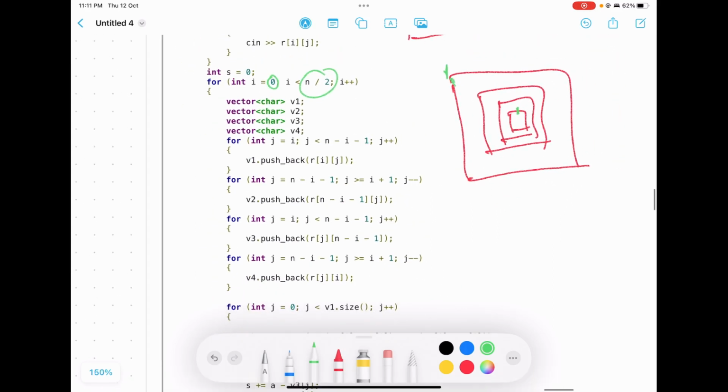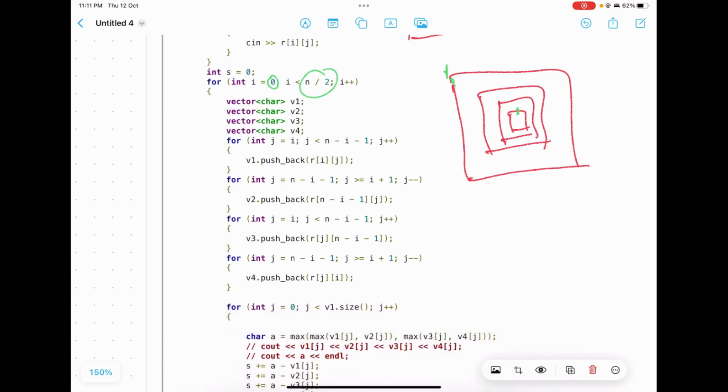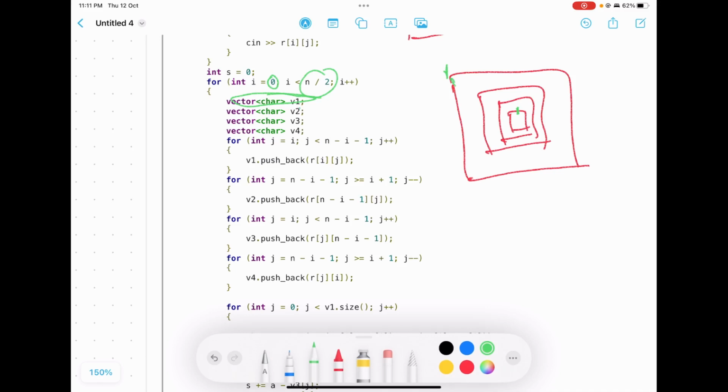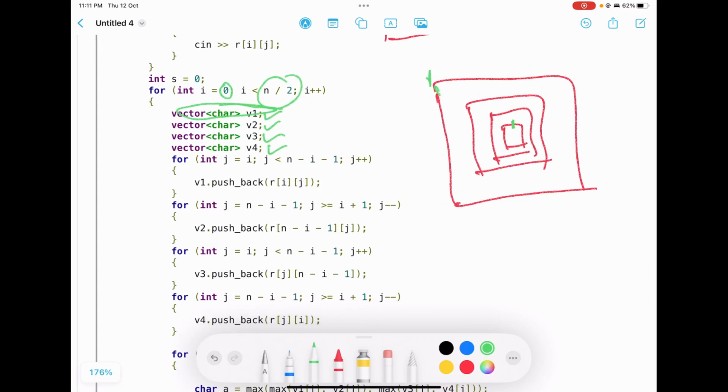In every case we will make 4 vectors, v1, v2, v3, v4. For example, we are running for i equal to 0, it will be for the outer loop, and the last will be for the last loop.